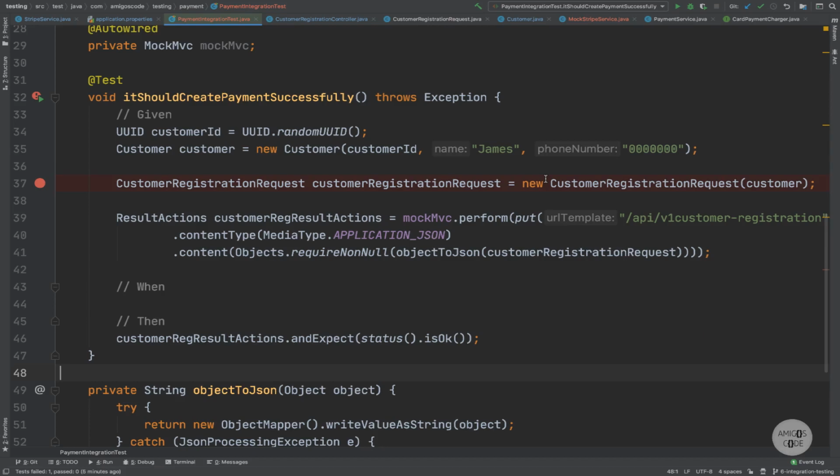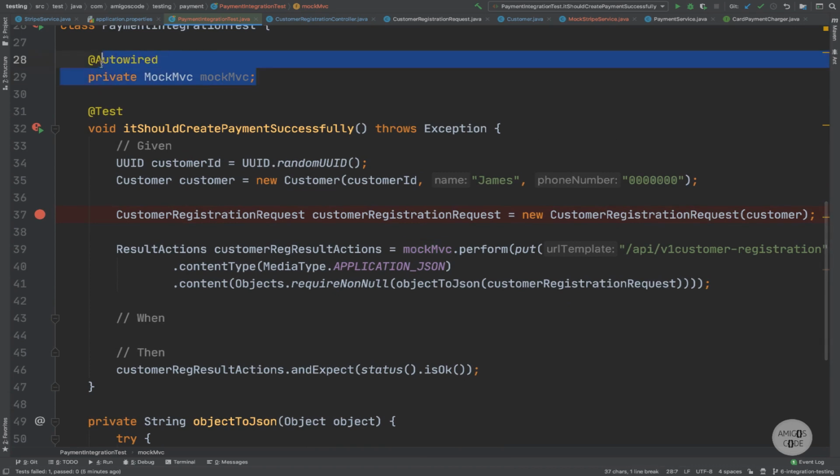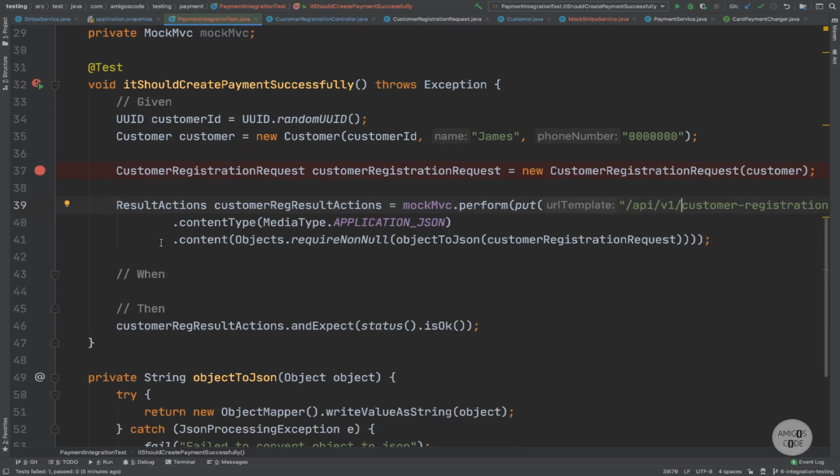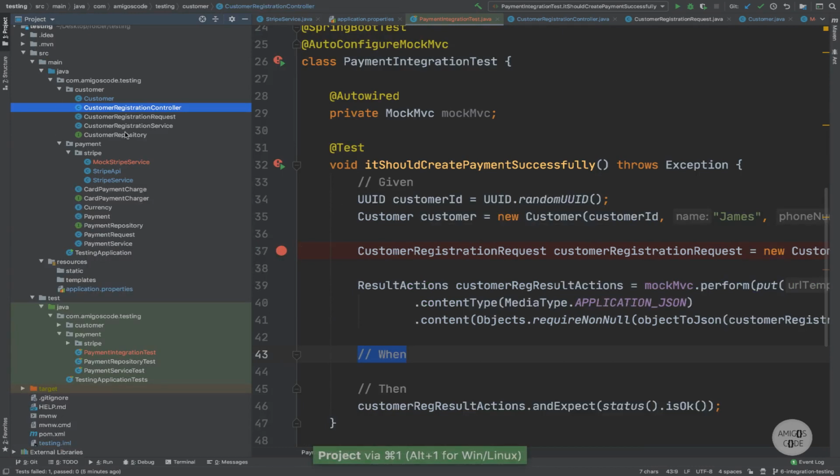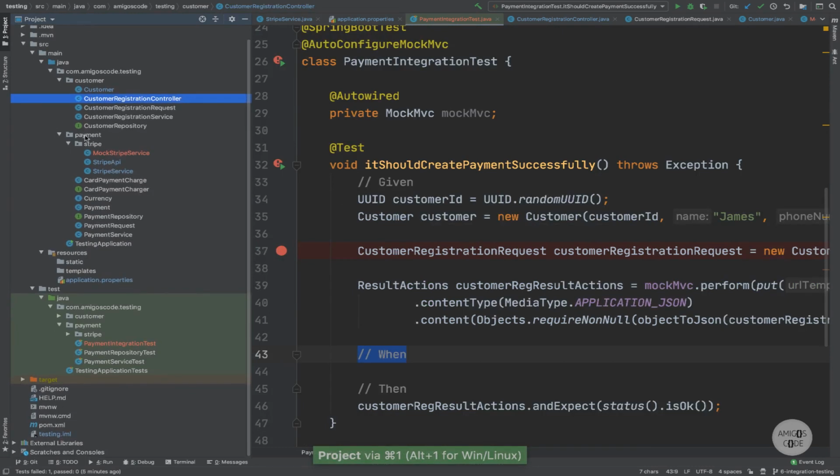All right, so you saw the power of using MockMvc, right? So we're actually testing that our API semantics does work. Let me add the / here, otherwise it will break. So when we are actually interested to know whether we can make payments, if I open up the project tab and go to the payment package right here,